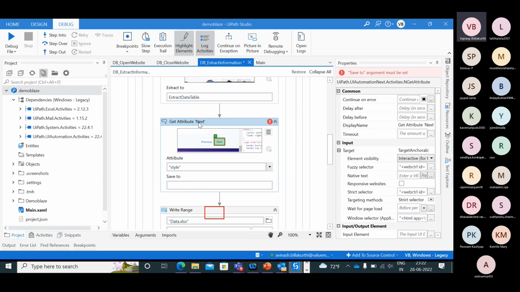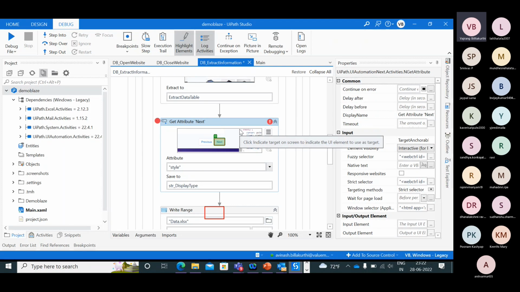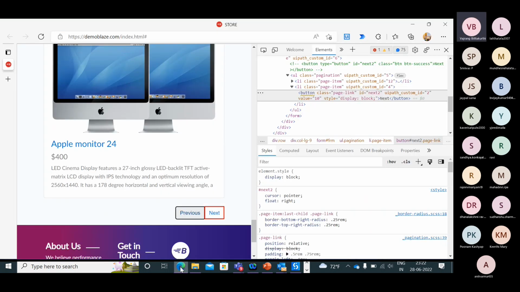Okay. So I have 8 more minutes, but let's see if we can complete within 8 minutes. Now we are getting with get attribute, next is display type. So let's have a breakpoint and let's see how things are moving for us. And here we have the item.